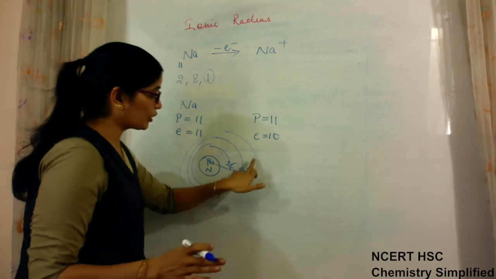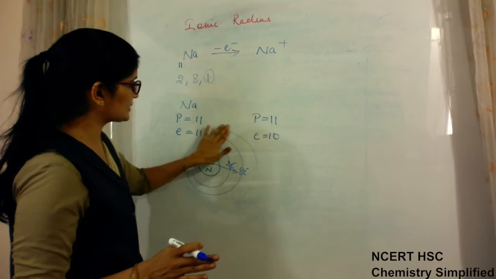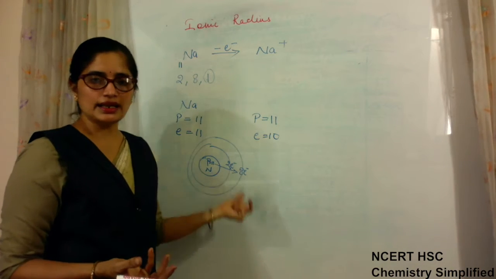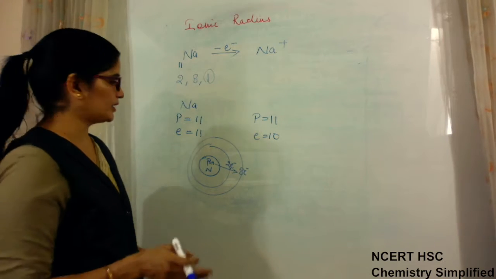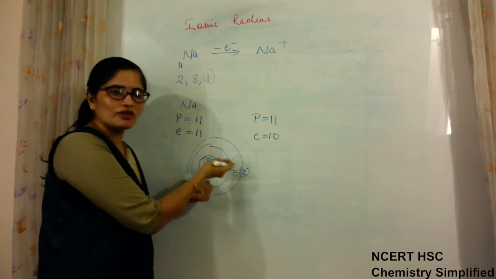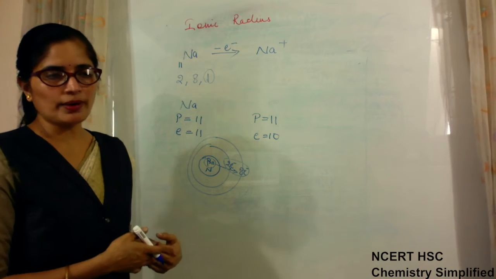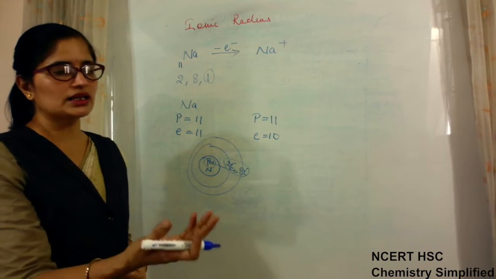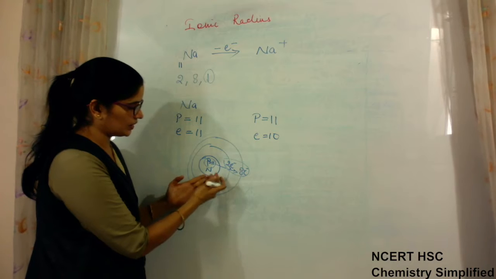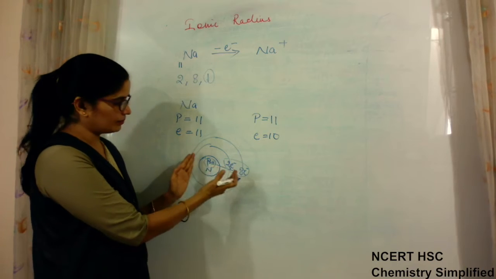One case is this: because the electron from this shell is lost, this shell is also not present. It completely disappears, so automatically the atomic size becomes less. Even if the shell does not disappear, when the number of electrons is less and the number of protons is more, the pull will be more, just like in a tug of war. One side has more participants, the other side fewer, so definitely where there is more power, it will be pulled to that side. The same is happening here. More protons are pulling fewer electrons, so the size will shrink and become smaller.